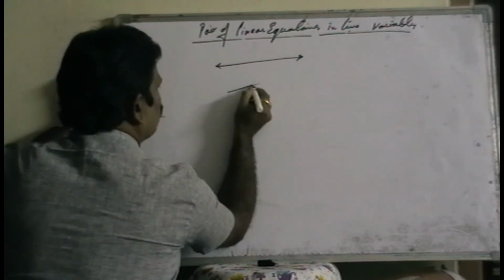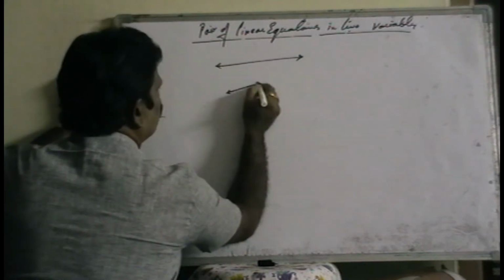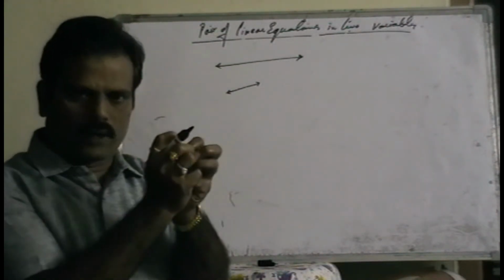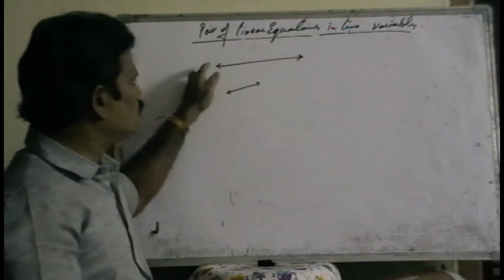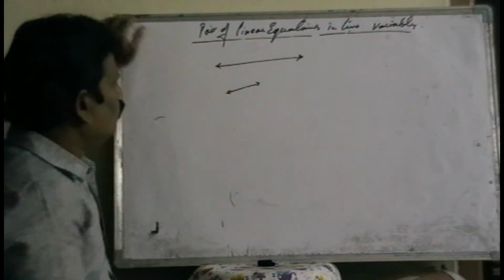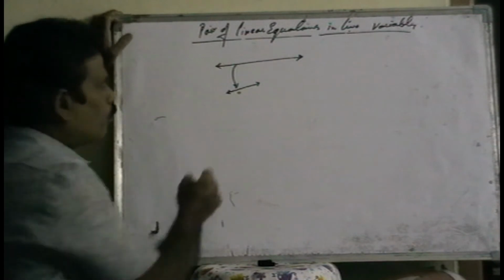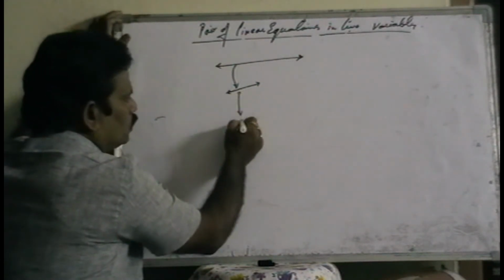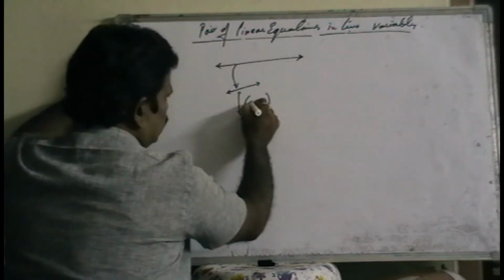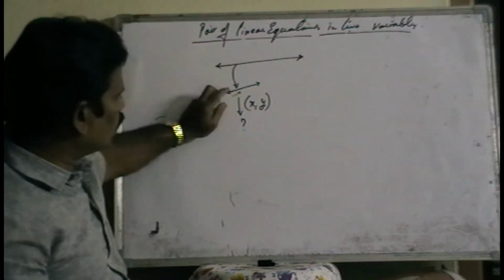So some combination of points only forms one line. That means a group of points, a combination of points. So without a point there is no line. Now the complete line depends on the point. Now what does a point mean? Every point is an ordered pair, x comma y. It is the general form of an ordered pair. A point is nothing but an ordered pair.